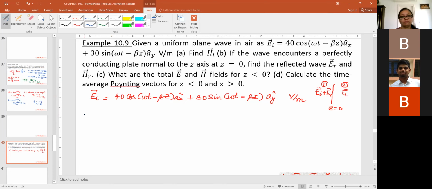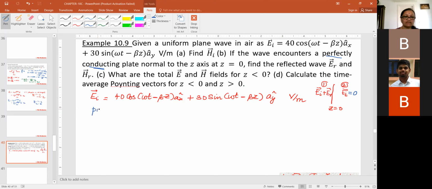Beta, that's not given. Then, is there anything given about medium 2? It is in air. Given in air, find HI, perfectly conducting. Oh, great. It's here. Medium 2 is perfectly conducting. So that means what will happen? If medium 2 is perfectly conducting, then will there be any transmission? No transmission. It will be 0. And there will be a complete reflection.